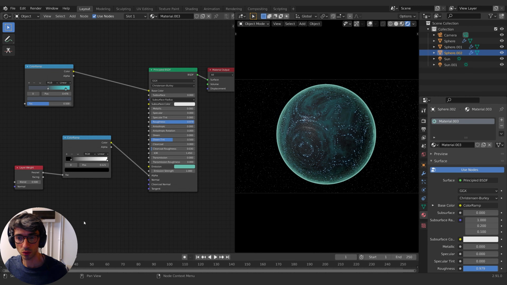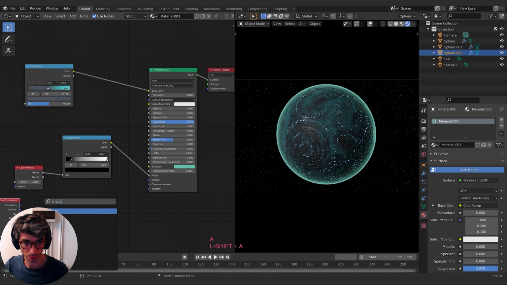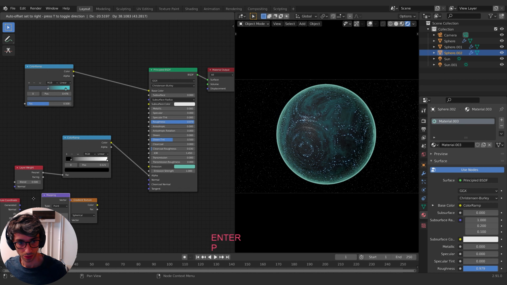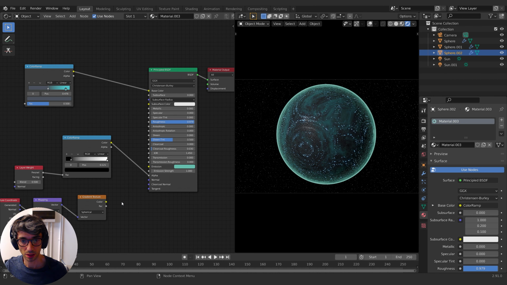And I also want to back it off on one side, so have it in one place and not the other. So I'm going to add a gradient texture node. I'm going to switch this to spherical. I'm going to add a texture coordinate node and a mapping node. Drop this in here. Now I'm going to take a mix RGB, and I'm going to